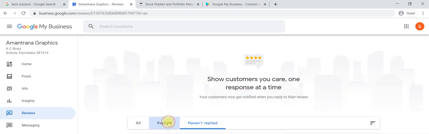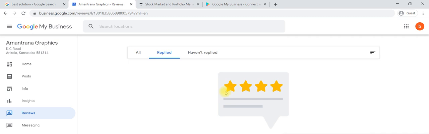Here you can come and reply to a particular review, or you can delete that particular review also. So we can utilize this review option to check what your customers are giving as feedback on your product, service, or business. You can reply back to them by saying thank you, or give clarification if they have given any kind of negative feedback. All these things we can do by using this review tab.